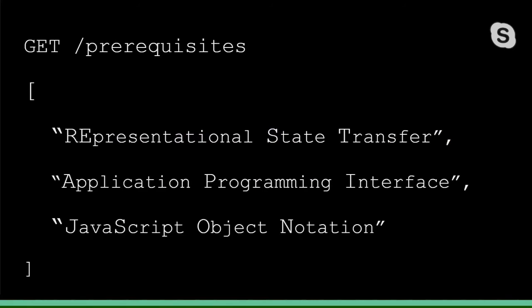In order to take advantage of the REST API in WordPress, you need to know the basics of each of these items. Very briefly, representational state transfer, or REST, is a type of application programming interface, or API, that WordPress supports. Data is then exchanged in the JavaScript object notation format. This session will not discuss these concepts further, but I strongly encourage you to do so on your own as necessary.